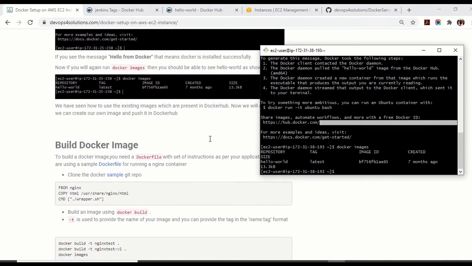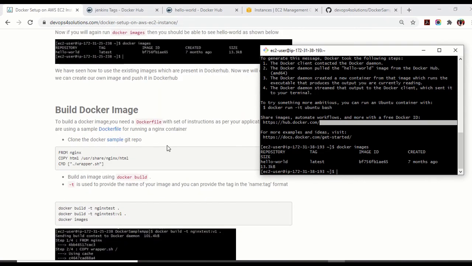So we did that. Now we will see how we can build our Docker images. These are some images that are directly present in Docker Hub. You can use them like this. This is just hello world, but like Jenkins or any other tool, you can directly use it. Now we will see how we can build our own Docker image.